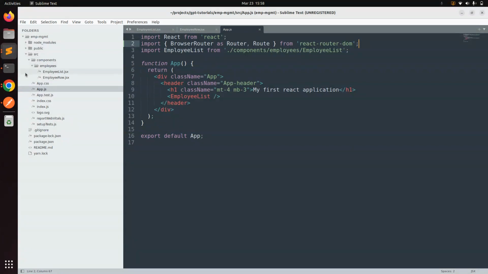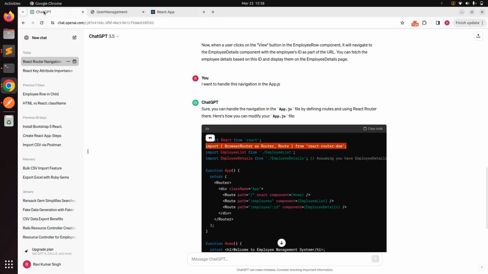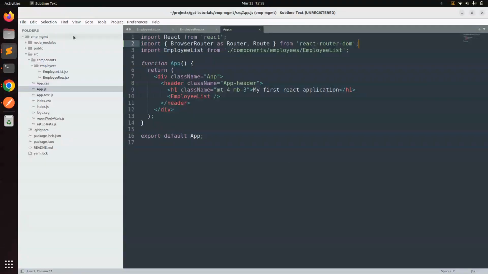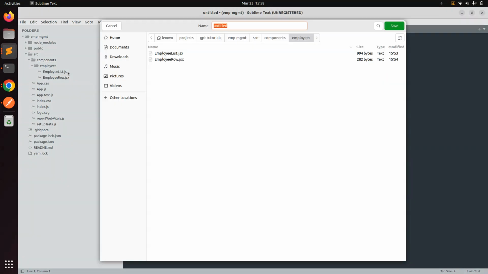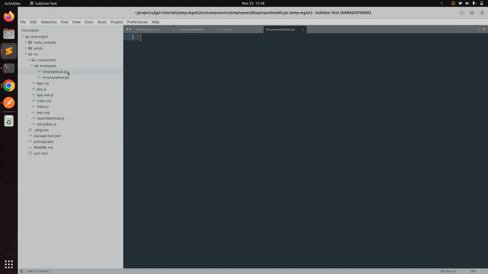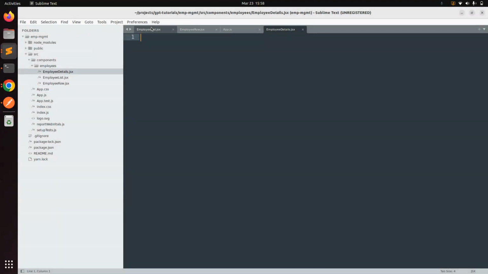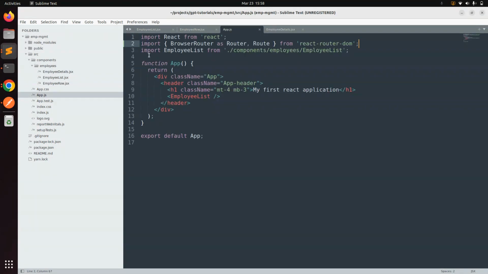And now go to ChatGPT again and see what it is showing: it is telling you to create an employee details component. So just copy this name and create an employee details function in your src components employees folder. Sorry, create a new file and name it EmployeeDetails.jsx. Okay, and then in the app.js you need to import this EmployeeDetails, so you can do it in the same fashion,